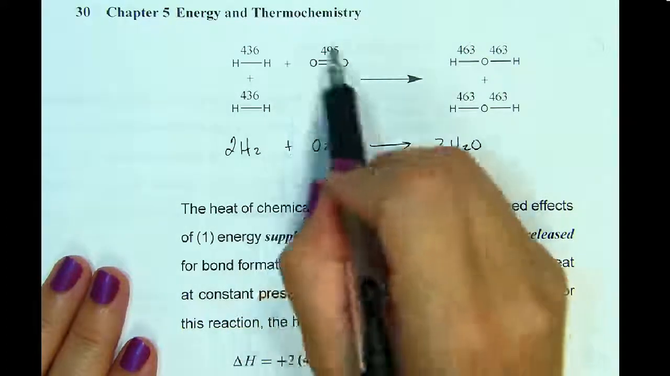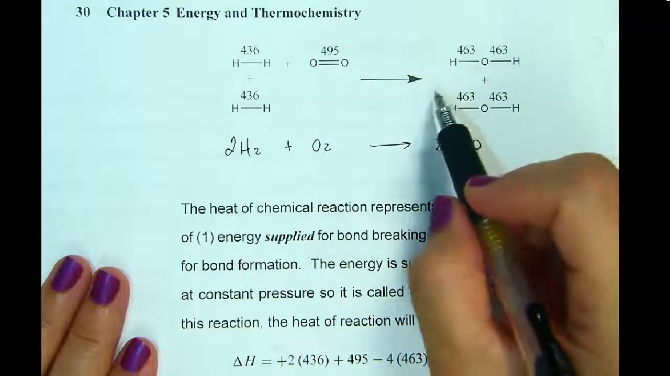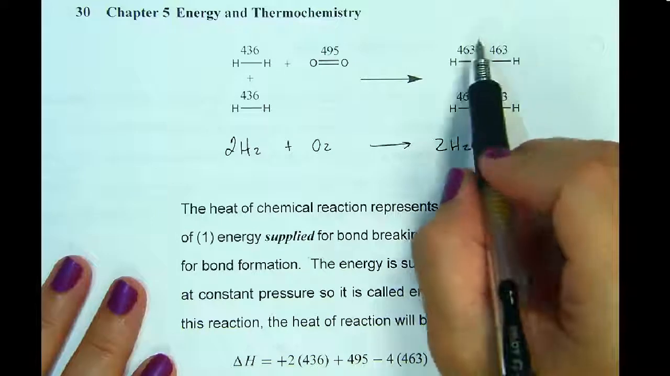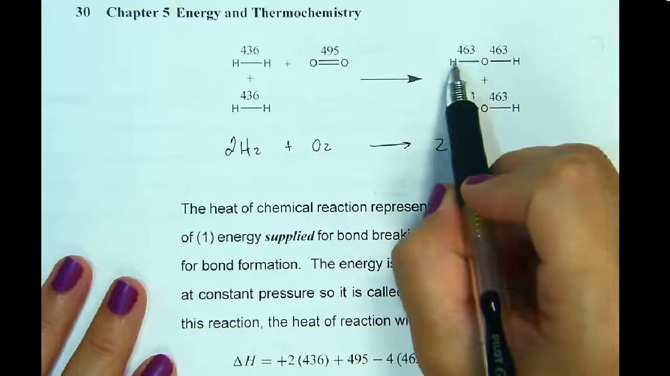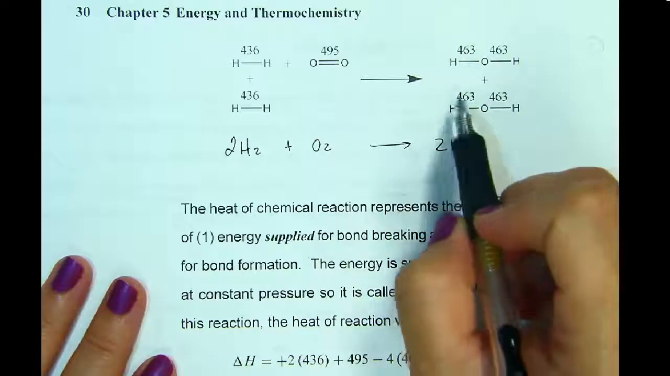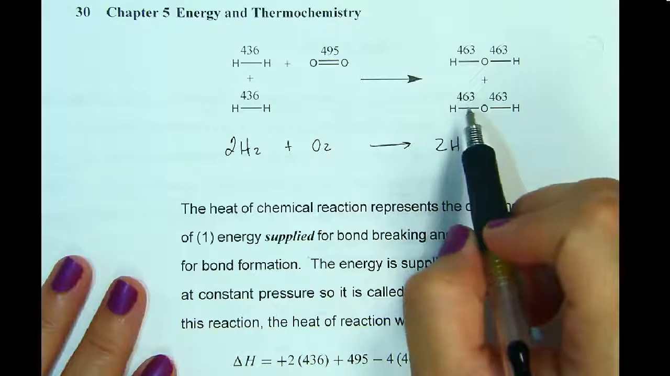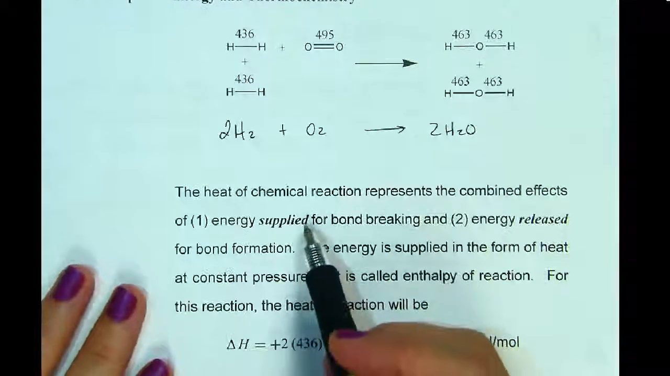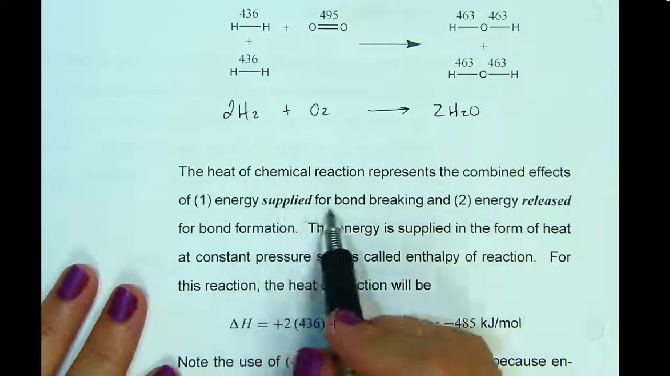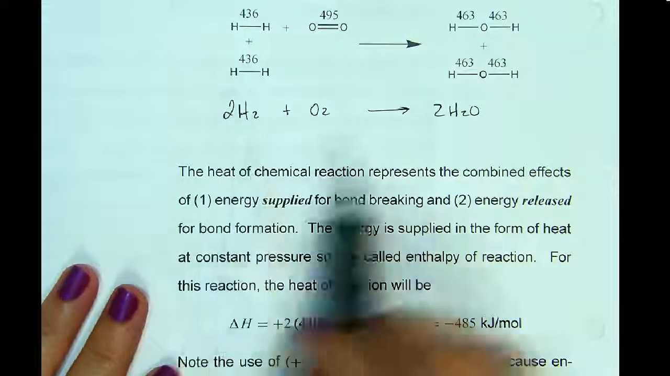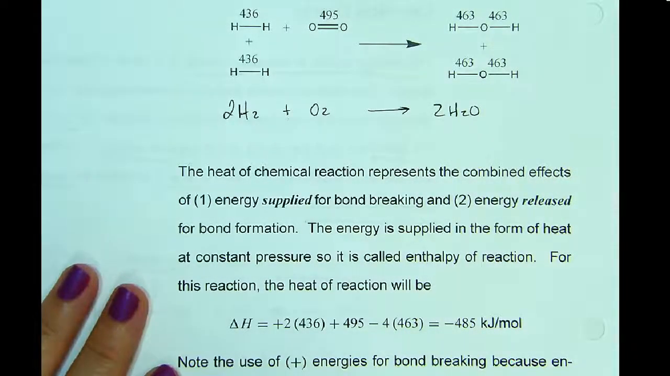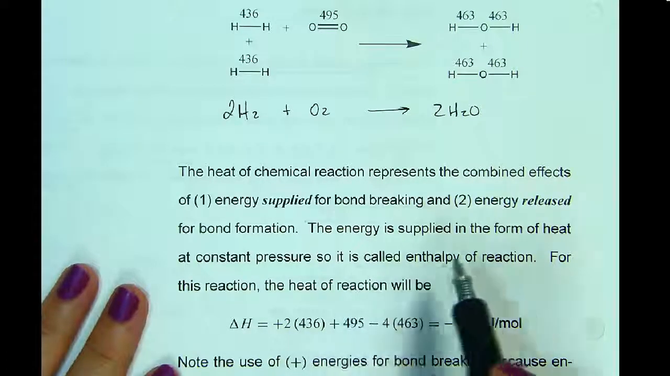The total energy it takes to break these versus the energy it takes to break the products, which are going to be water. Each of these oxygen-hydrogen bonds takes 463 kilojoules of energy in order to break them apart. And we have 2 waters, so that value would be times 4 for our products. The heat of chemical reaction represents the combined efforts of energy supplied for breaking these bonds and energy released for bond formation. The energy is supplied in the form of heat at constant pressure, so it's called the enthalpy of